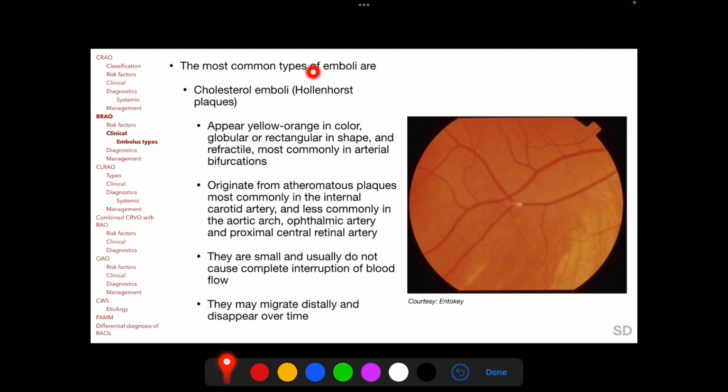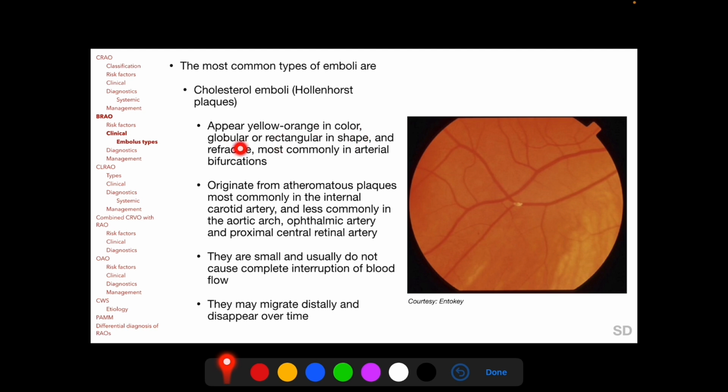The most common types of emboli which we come across in eyes with retinal artery occlusion are cholesterol emboli, platelet fibrin emboli, and calcific emboli. Cholesterol emboli, also called Hollenhorst plaque as seen here in this clinical photograph,